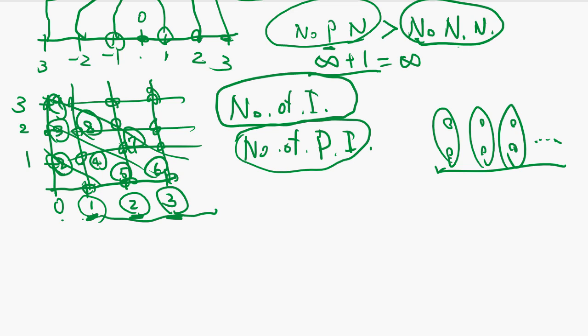Well, so you get the stickers from the number of positive integers. You keep putting a sticker this way. You can keep going forever, an infinite number. So you're done. You made a one-to-one correspondence. That means the number of integers, the number of